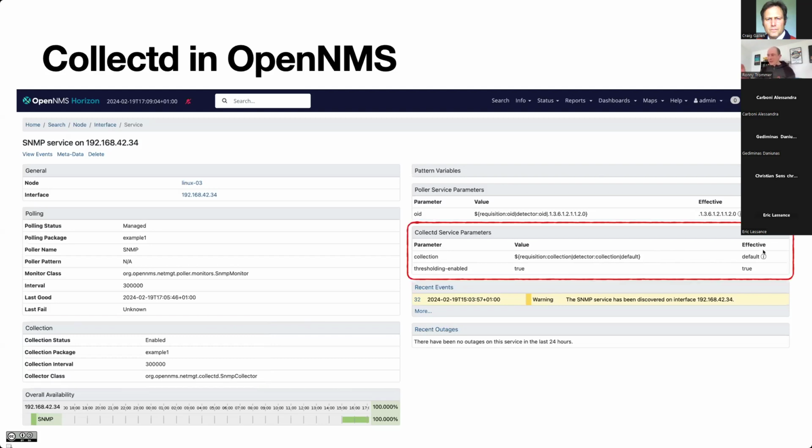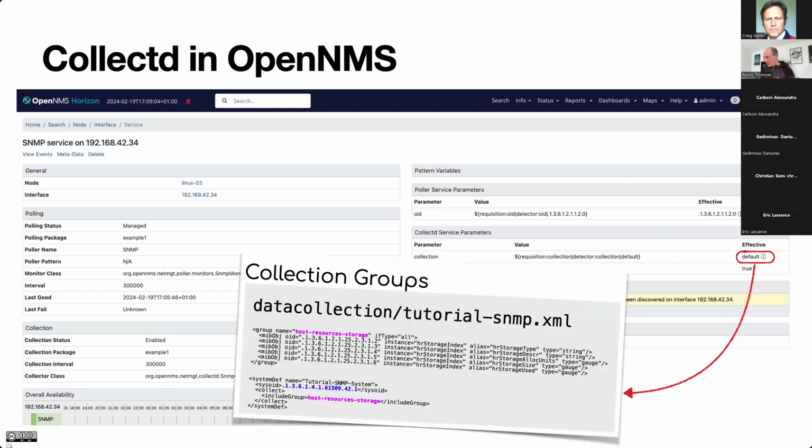What you don't see in the UI, you have to go into the configuration. So what is associated with the default collection, you see here, they group a few OIDs, and then you see what metrics you collect for that collection. Okay, but what is meant with the default? Is it all the metrics that are discovered? It just means they called it default because they want to ship something out of the box, right?